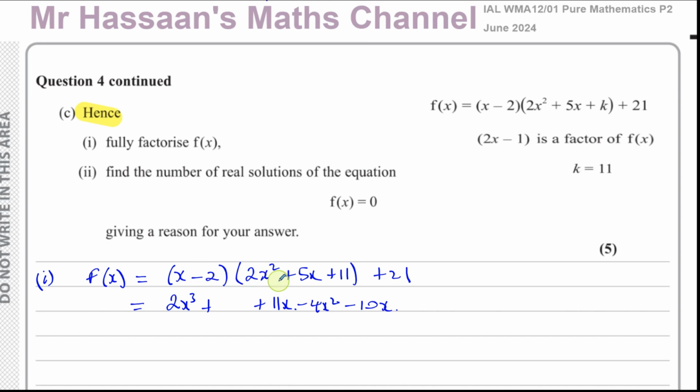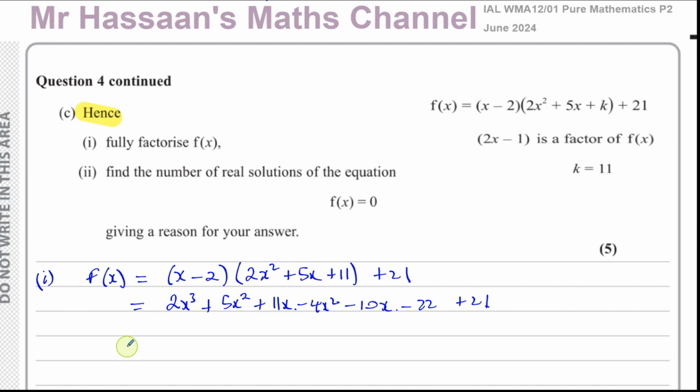Sorry about that. That's x times 2x squared and x times 5x. That should be a 5x here. And then x times 2x squared, then x times 5, that's 5x squared, sorry. Then x times 11, that's 11x, minus 4x squared, minus 10x, and minus 22, and then plus 21. Okay, that's better. Just make sure 2x cubed plus 5x squared plus 11x, minus 4x squared, minus 10x, minus 22,